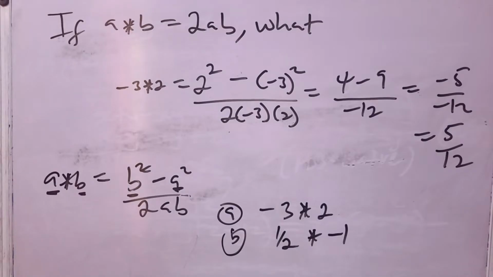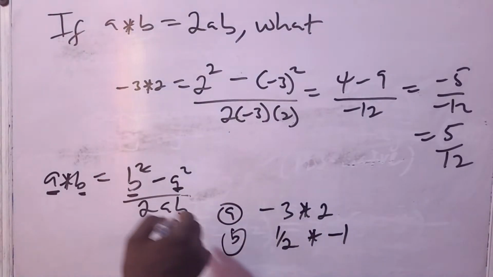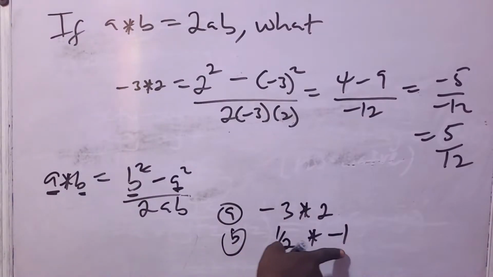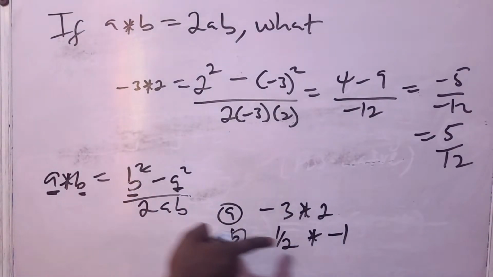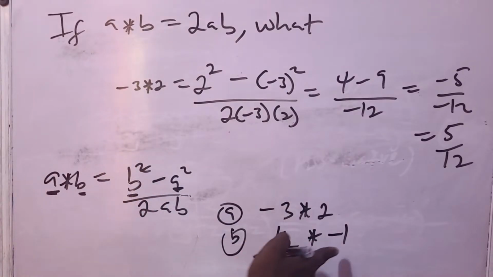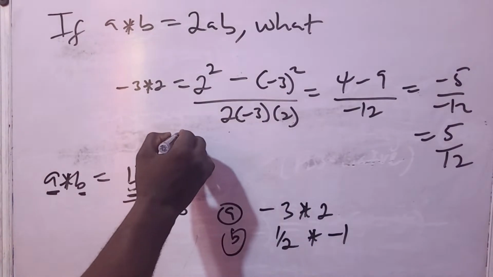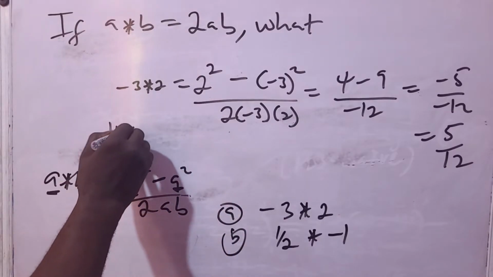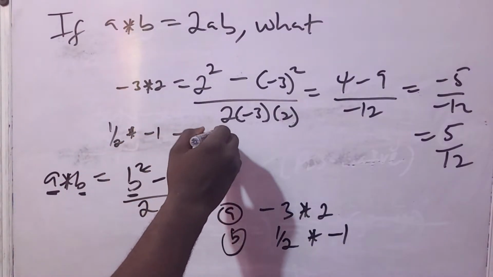Now, let's try and solve question number 2. Question number 2, we have it as half, 1 over 2 star minus 1. Don't forget, this is first, this is second. And your second is what b was on the original function. So you have minus 1 square. So 1 over 2 star minus 1 will be minus 1 square